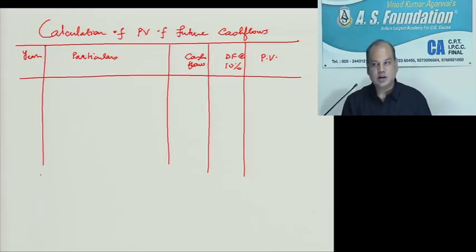Lease rentals are at the beginning or at the end, which means the timing of lease rental and tax payment are same. So I can write like this: year 1